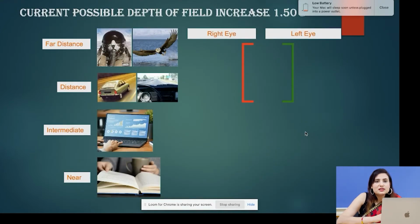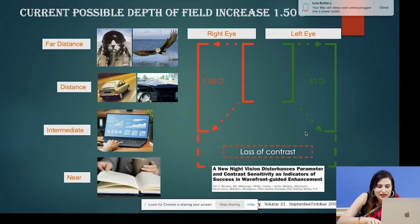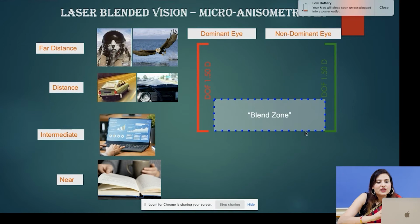So it was found in various studies that the current possible depth of field increase is only possible up to 1.5 diopters. So essentially in PresbyOND, what is happening is that we are increasing the depth of focus of the dominant eye, bringing it closer towards the intermediate range by 1.5 diopters. And in the non-dominant eye, we are increasing the depth further away to almost again about 1.5 diopters, so that within the intermediate range, there is a blend zone. The patient's intermediate vision is very good compared to a normal